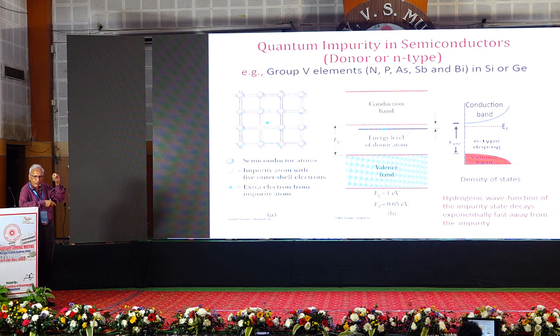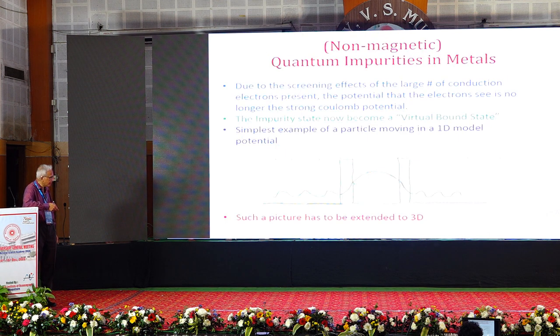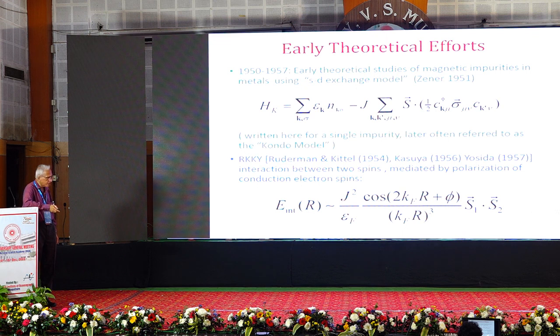So this extra electron sees something like a hydrogen-like atom there. It will form a hydrogenic orbital, which is actually very big, and so it will form a state below the conduction band. I'm pretty sure most of you know that semiconductors have a valence band,